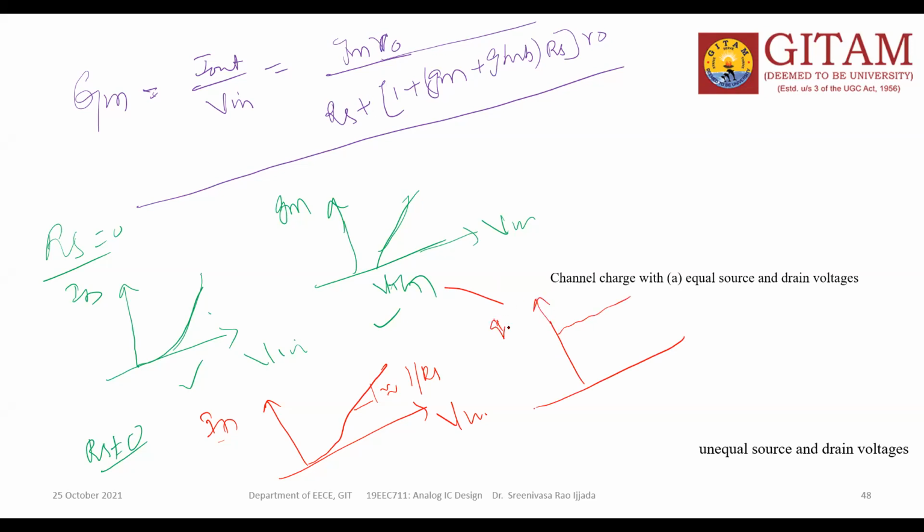It's the GM, and this is the V in, and this is equal to 1 by Rs. This will start from the VTH. So here the linearity will be more than the earlier, because at low current levels, as I told you, 1 by GM value is far greater than the Rs value. Hence, capital GM and small gm both are...